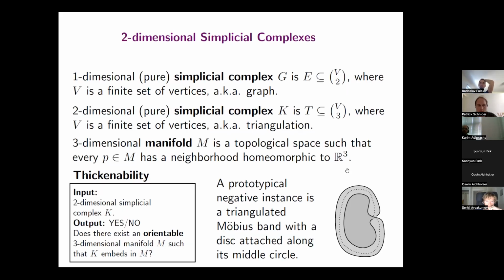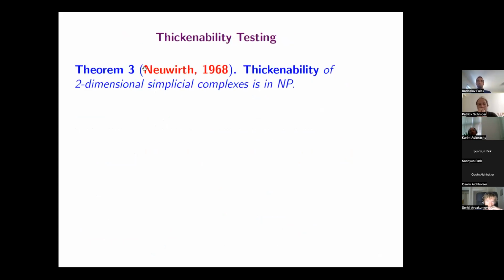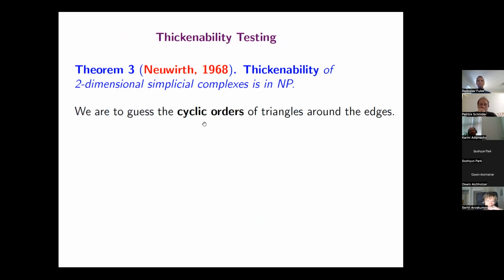And so now the question is, is this problem polynomial-time solvable, or do you pretty much have to try all the combinatorial possibilities of how to decide the order of the triangles along an edge, roughly speaking? By the results of Neuwirth from 1968, thickenability was known to be in NP due to what I just said. Neuwirth proved that it is all about the order of the triangles around the edges, so we just need to find some kind of compatible ordering of